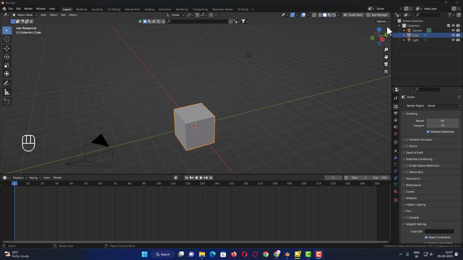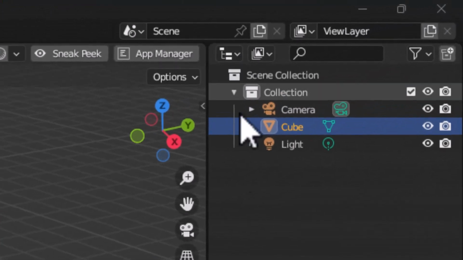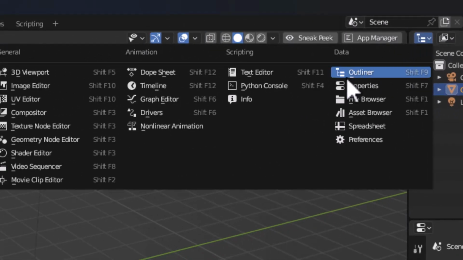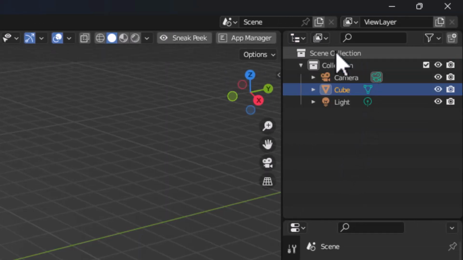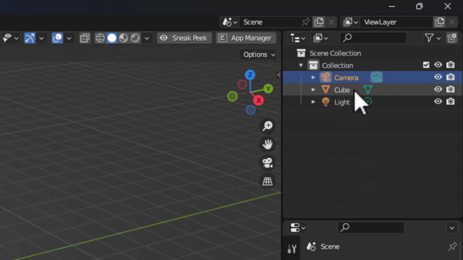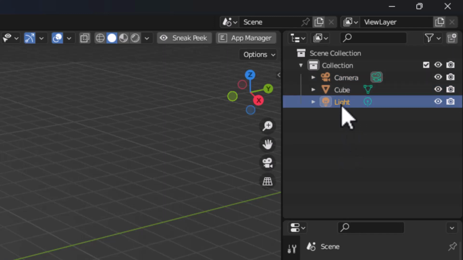And finally, on the top here we have the outliner window. This is the outliner window. So, if I click here, you can see this is set to outliner, and in this outliner basically you can see the outline of all the objects that we are using in our scene. Right now in our scene we have just 3 objects: camera, cube and light, and as we work this area